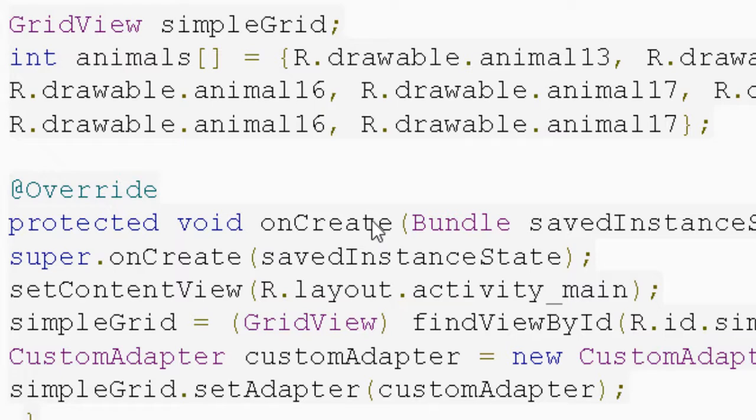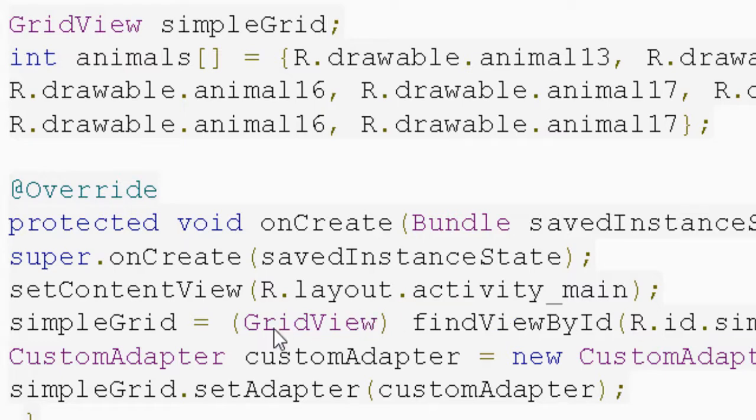We have an onCreate method. Under that there is a special method that is called to set your layout, that is called setContentView, and it is defined with your main activity, that is R.layout.activity_main. Exactly below that line we have to reference your grid view that you already mentioned in your simple grid view.